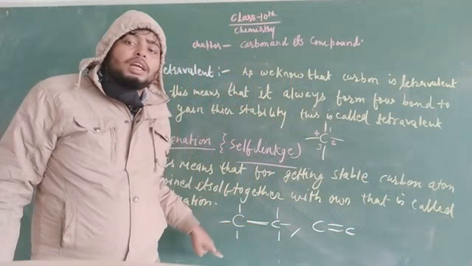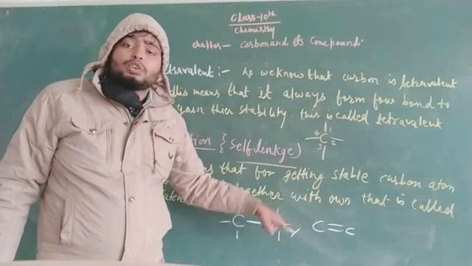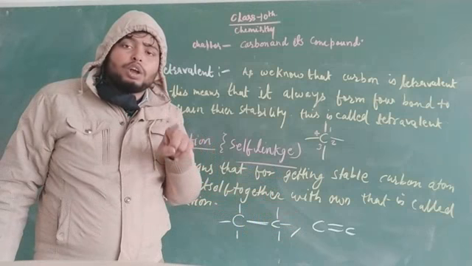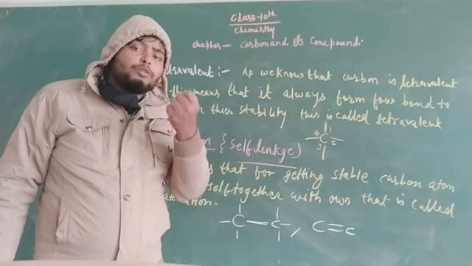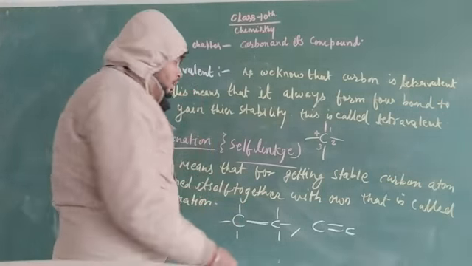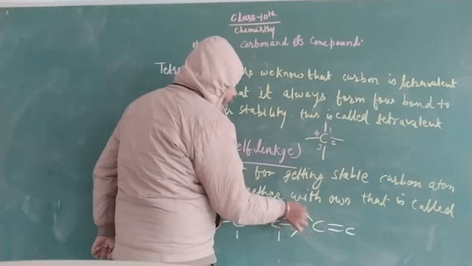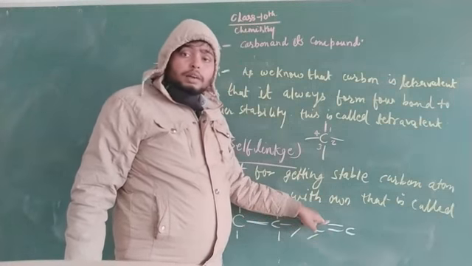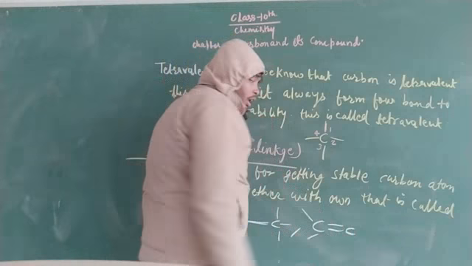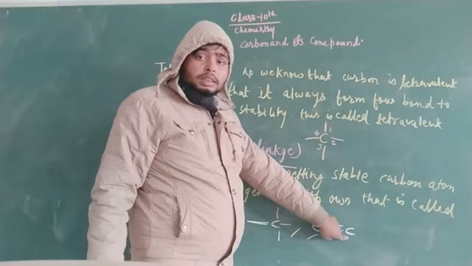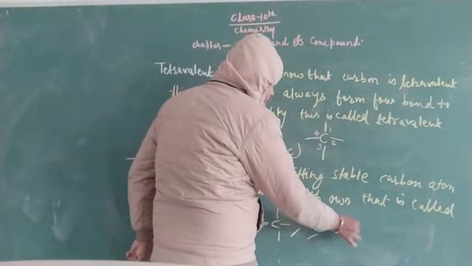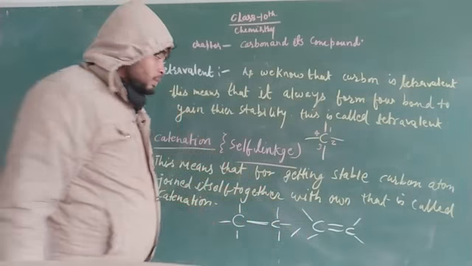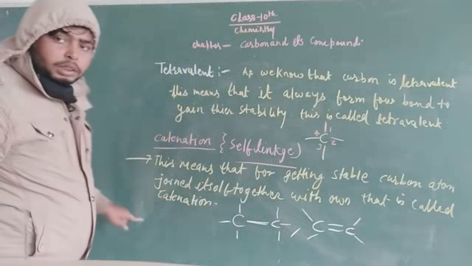Here you don't put 3 other elements or 3 hydrogens, because you only have to take care about tetravalency. That means you only have to take care of the formation of 4 bonds of carbon. You check that this carbon atom has 2 bonds directly completed, and this is 2. This is 1, 2, 3 and 4. Again we have substituted another carbon, the second carbon atom. This carbon atom has 1, 2, this is 3 and this is 4. Again this is completed.